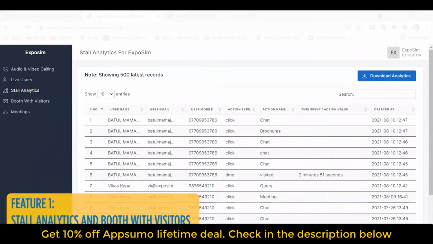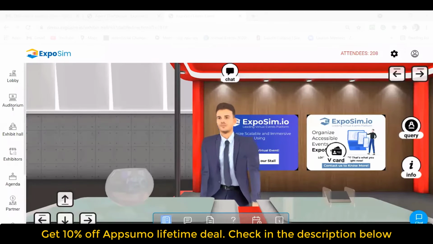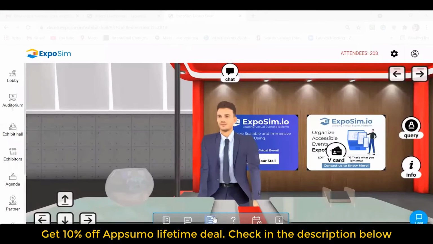Difference between stall analytics and booth with visitors. Stall analytics will show each and every action taken by the users. For example, if I click on visiting card, chat, and brochure,